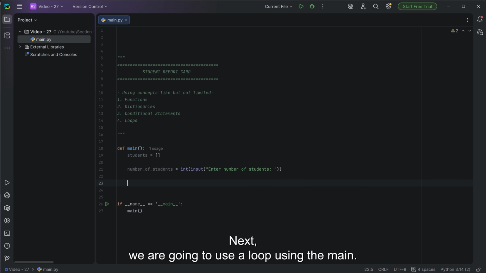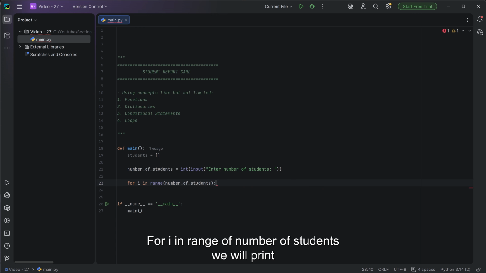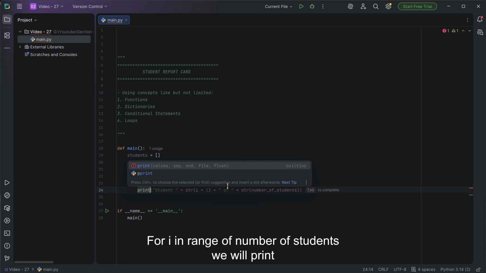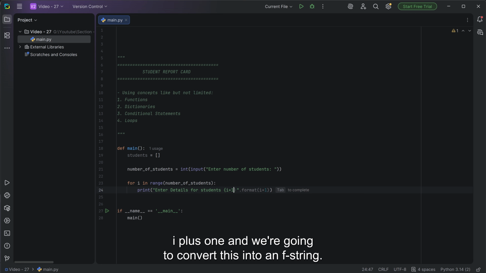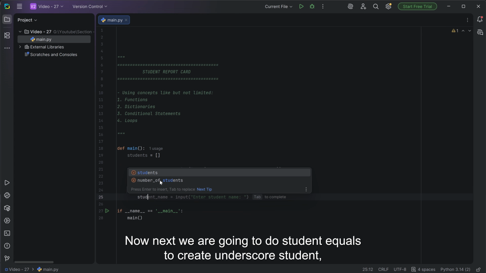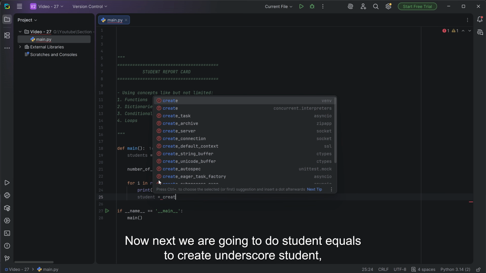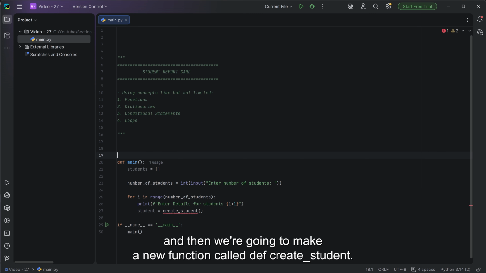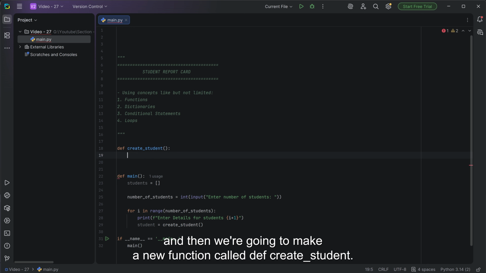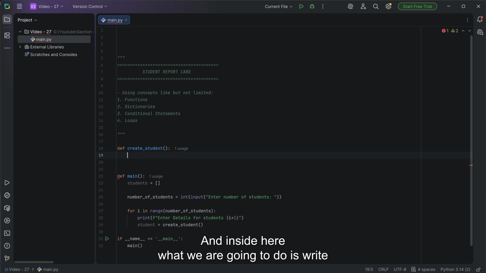Now next, we are going to use a loop using range. For i in range of number of students, we'll run print enter details for students, and then we are going to do i plus 1, and we're going to convert this into an f-string. Now next we are going to do student equals create_student, and then we're going to make a new function called def create_student, and inside here what we are going to do is write a dictionary called